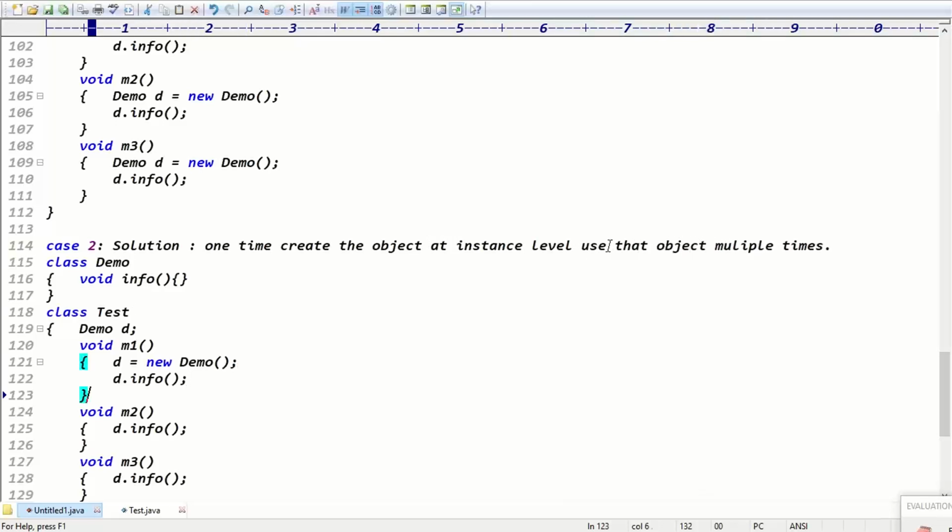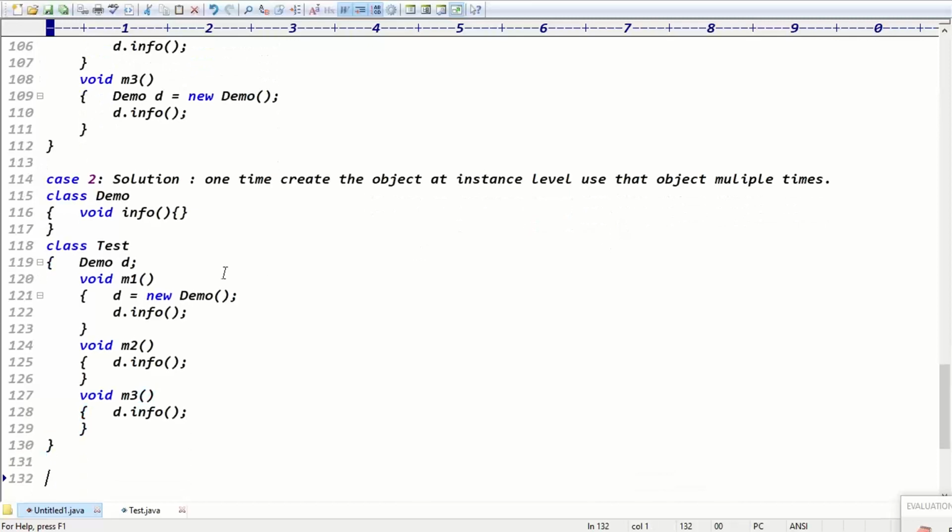I have one doubt. Tell me. In void M1 you declare d equal to new demo. Instead of that, M2 is not using it, so can you declare it outside, Demo d equal to new demo? That's what I'm saying here. If you write Demo d equal new demo there, the code is valid but not recommended. We expect the declaration part inside the class. Here generally we do the declarations of variables, right? But is this a declaration or an object creation line? Object creation. So we never recommend code like this.